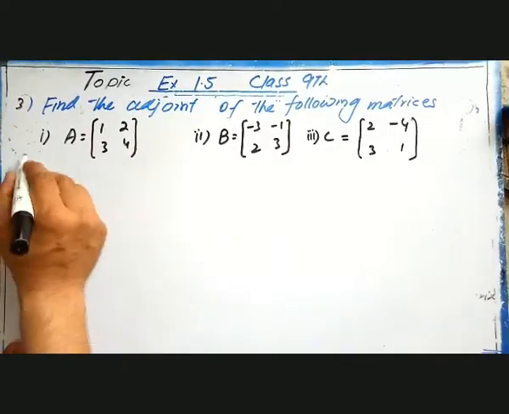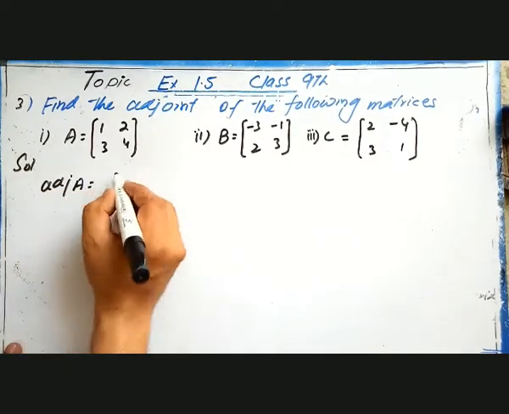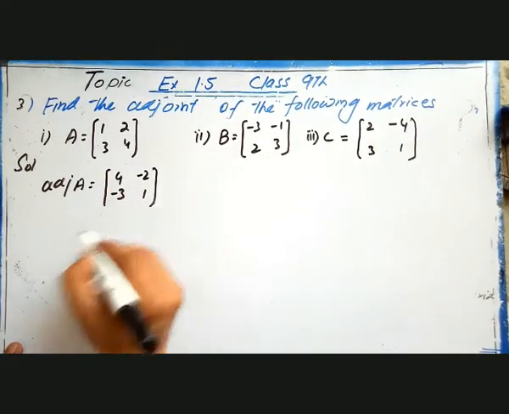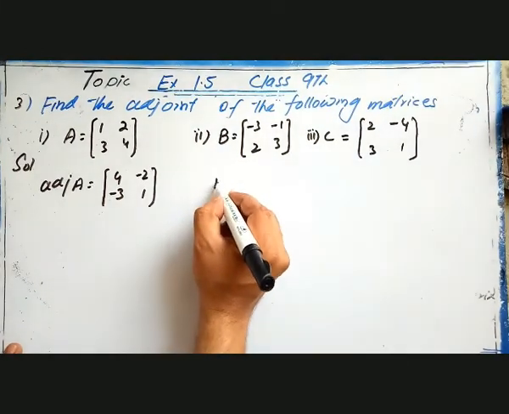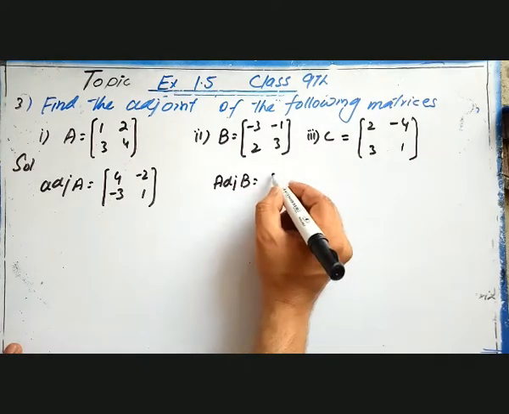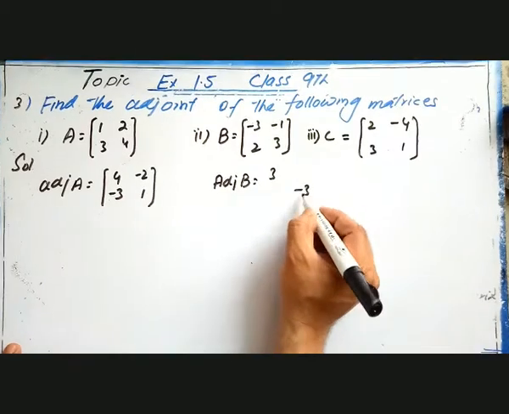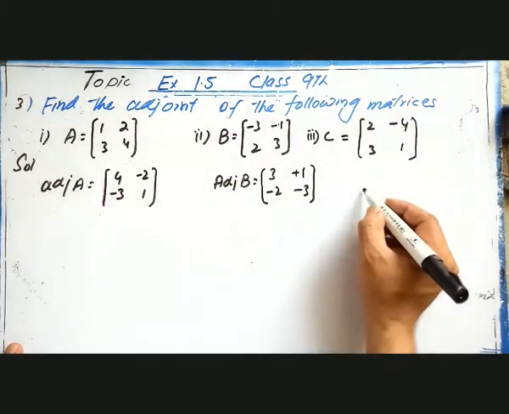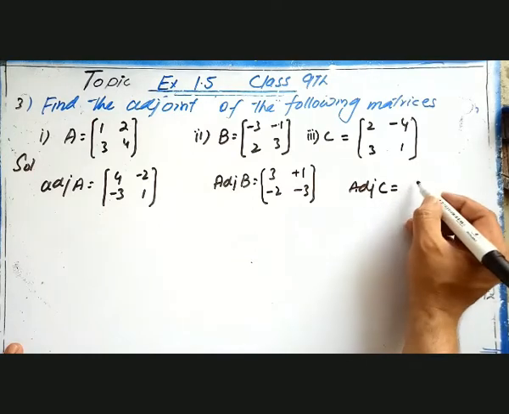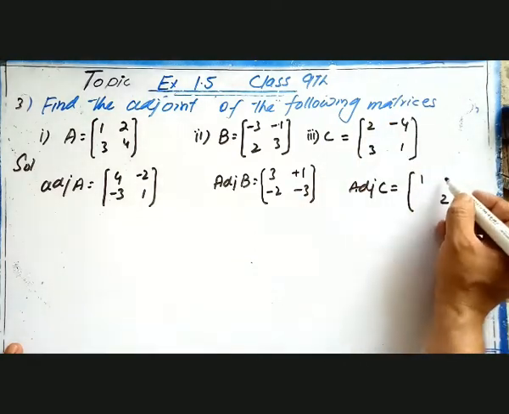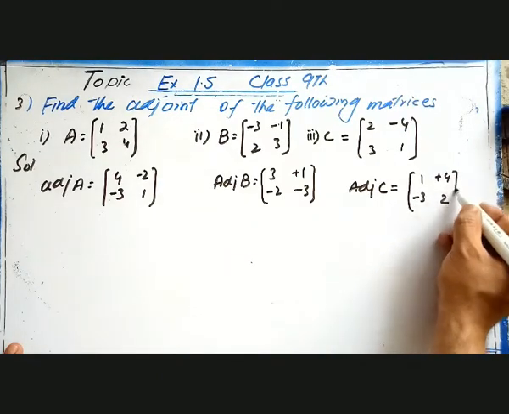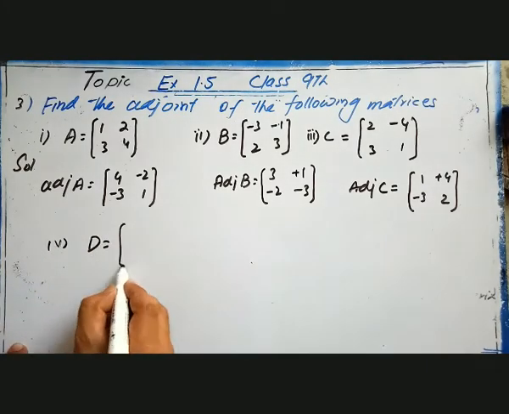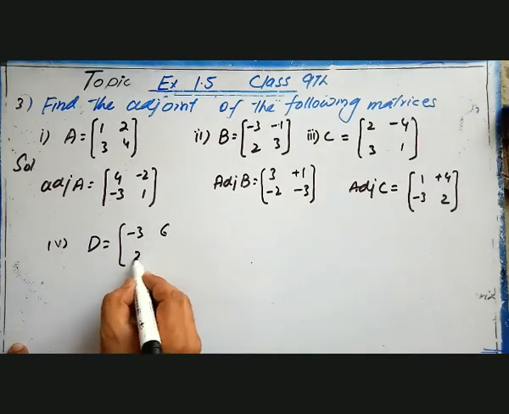4. So adjoint solution, adjoint of A will be equal to 4 1, इंटरचेंज कर लें और इन दोनों का साइन अपोजिट कर लें, ठीक है। नाउ एडजॉइंट ऑफ B विल बी इक्वल टू 3, वहाँ पर चला जाएगा, ये 3 नीचे आ जाएगा, इसका साइन नेगेटिव है वो पॉजिटिव 1 बन जाएगा, ये माइनस बन जाएगा, तो ये हमारे पास एडजॉइंट ऑफ B हो गया। इसी तरह एडजॉइंट ऑफ C विल बी इक्वल टू 1 2 रिप्लेस एंड -4 +4 और ये -3। लास्ट जो पार्ट है इसका वो 4 नंबर D इज इक्वल टू हमारे पास है -3 6 2 एंड -4।